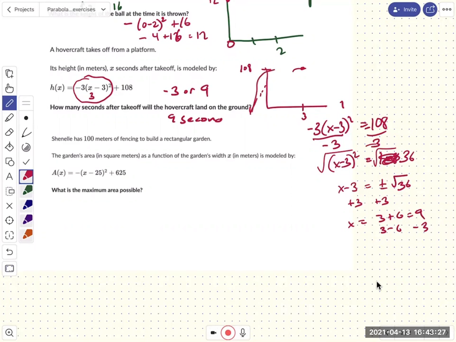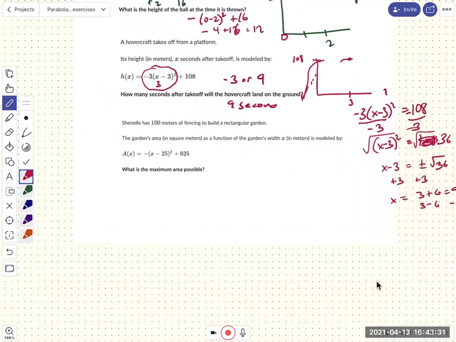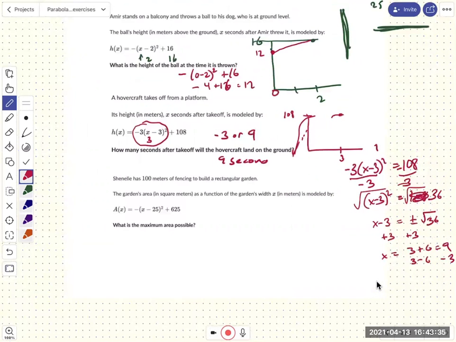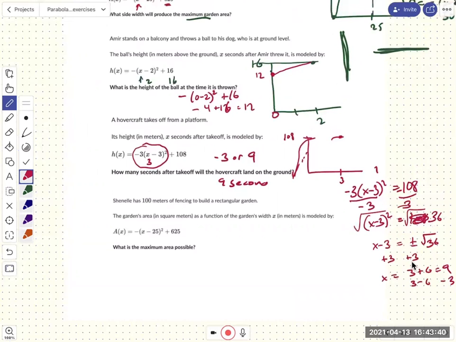So finally, and then we just have that same problem twice. So a little bonus for you. You don't have to do that. You just have to do those 3 problems. Okay. So remember that vertex form definitely has its